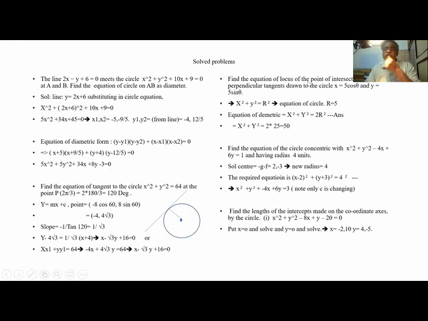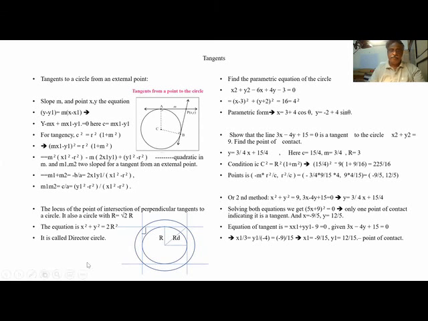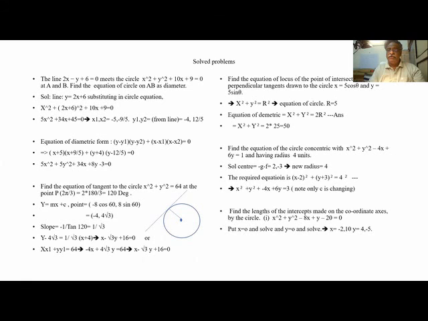Find the equation of locus of the point of intersection of perpendicular tangents drawn to the circle. What is being asked? He is asking locus. Find the equation of locus of the point of intersection of perpendicular tangents drawn to x = 5 cos theta, y = 5 sin theta. We have seen this as the director circle, where tangents are perpendicular. Root 2 r, x square plus y square is 2 r square. This is the tangent. Based on that, the problem is r square.